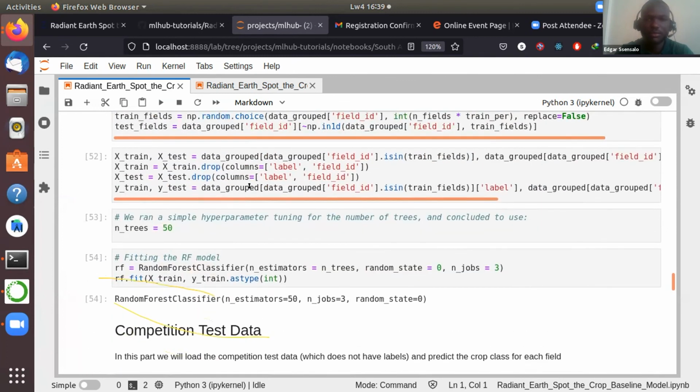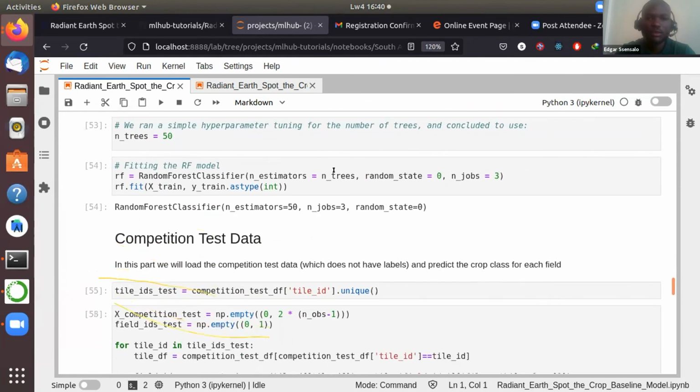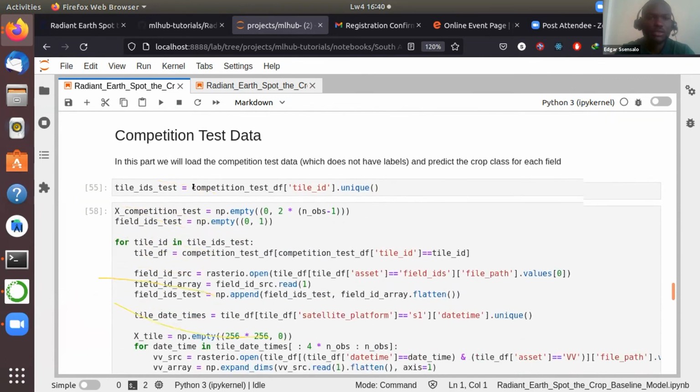Hamid added some hyperparameter tuning just for optimization. As you can see here, this value can also be adjusted accordingly while you're doing the training. Then here we fit the model using random forest. I'm specifying the number of trees as we had stated here. And then once we're done with training the model,